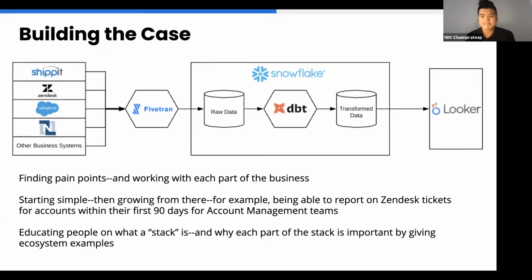what's possible, right? So the other thing that I did a lot of was just proving out use cases, building out specific use cases, for example, that Zendesk reporting for accounts, right? And showing people that, hey, with the $400 of Snowflake credit that I have, or with the free version of dbt, and with this trial version of Looker, this is what I'm able to accomplish, right? Now, if you're able to take that and multiply it across, right? This iterative approach actually helped to build the case for the investment that we needed.